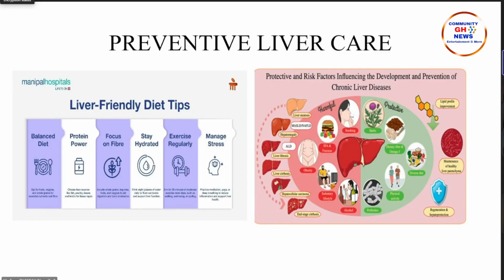And you can see from the slide on the right, there are some harmful products. As I mentioned, smoking is not good. Taking in junk food is not good. Obesity, you have to make sure you at least exercise to keep your weight in check. And then sedentary lifestyle, you try and avoid it as much as possible. And then alcohol, you also try and limit it, or if possible, just stop it, because it's obviously going to destroy your liver cells. And then the protective things are on the right, where you can go through and you'll basically be fine.